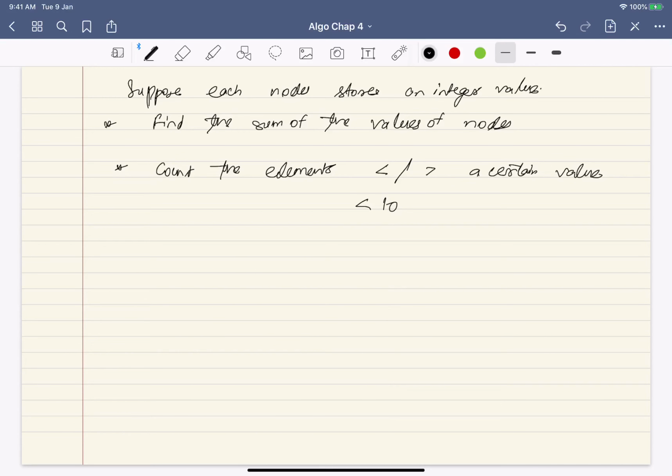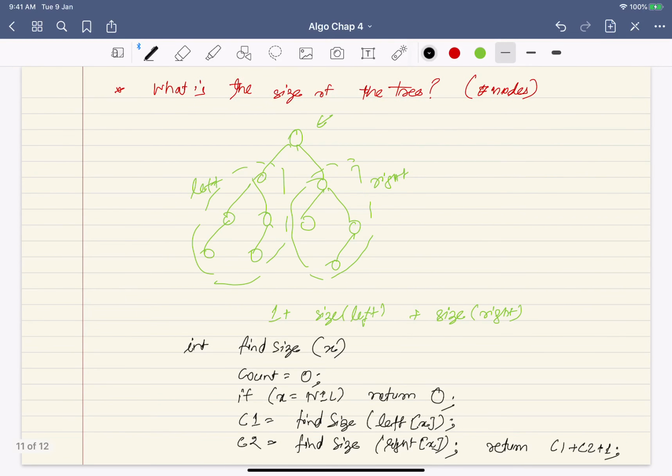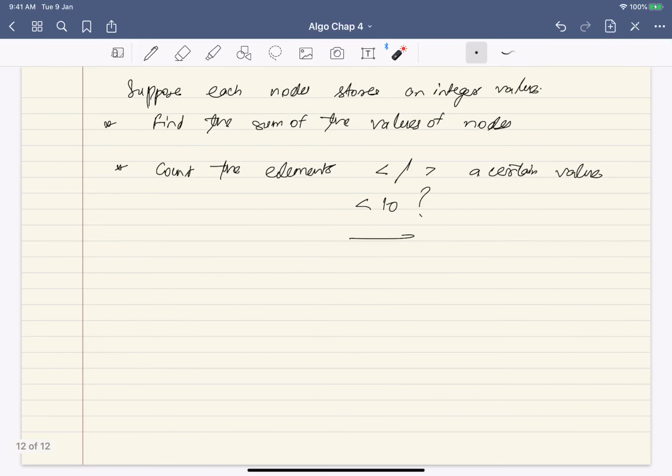Again, you go back and say: how many elements less than 10 in the left, how many elements less than 10 in the right, and is this node less than 10 or not? You can call recursively on both, and here you put a 1 if it is less than 10, otherwise you put a 0. You may have a more efficient way of doing that in specific binary tree architectures. Here you are saying we will do it in all these in-order entries.